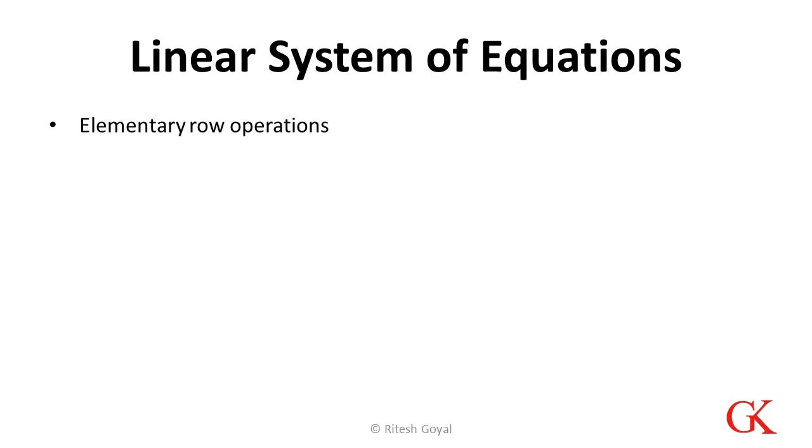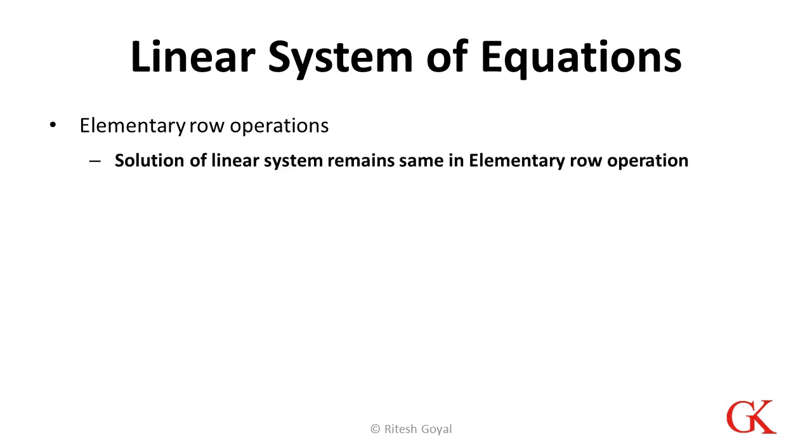As we said, for the solution of linear systems of equations, elementary row operations are very important. So here we will discuss what elementary row operations are and how to perform them. First and foremost, the elementary row operation is interchange of equations. It means we can interchange two equations, one to second or second to one, and it basically interchanges two rows.